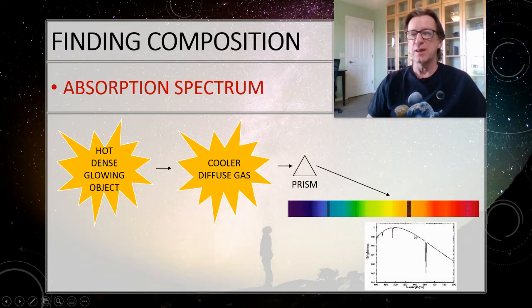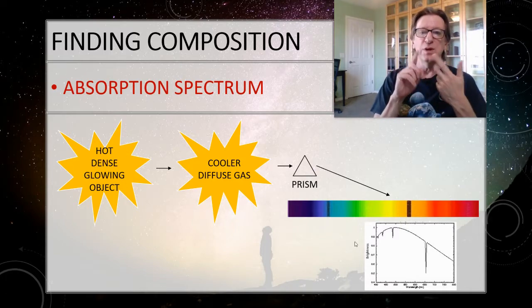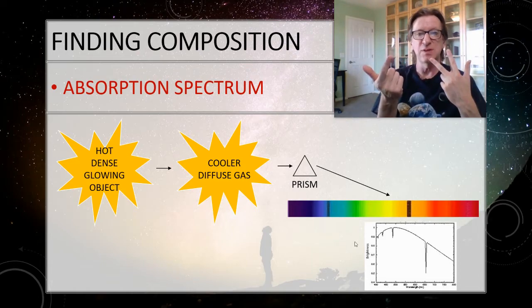And then if we look at it with our line spectrum, here's that curve, that rainbow that we're used to seeing, but now you see that there's some missing lines where it got absorbed. Okay? So continuous spectrum is produced by a hot, dense, glowing object. Looks like a rainbow. We can use that to get the temperature and the size of the object.